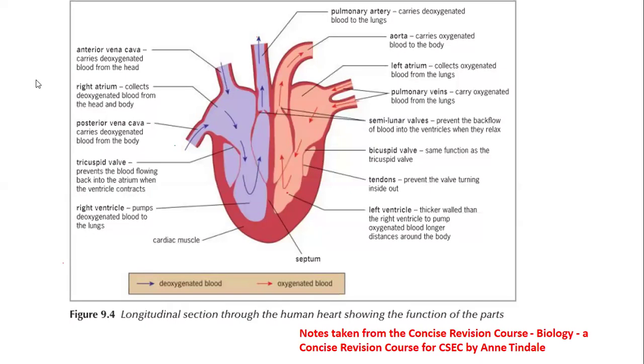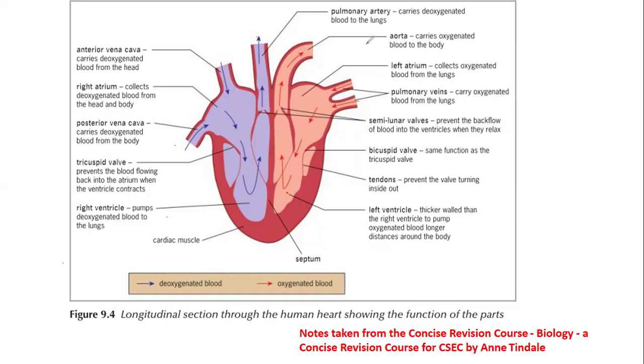On the right, we see the left atrium collects the blood from the lungs, right? And then the pulmonary vein will carry the blood from the lungs. So what happened now, guys, is that after the right ventricle pumps the blood to the pulmonary artery, the pulmonary artery carries this deoxygenated blood to the lungs, right? And then the blood in the lungs gives the blood to the pulmonary vein. Then the pulmonary vein carries that